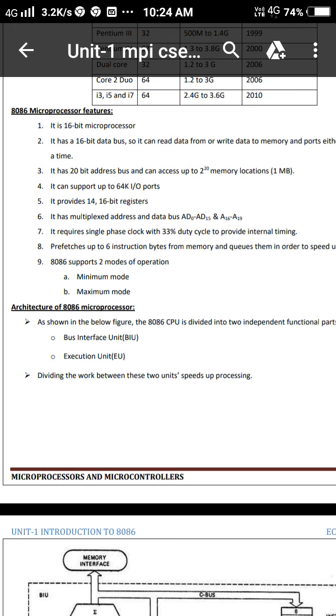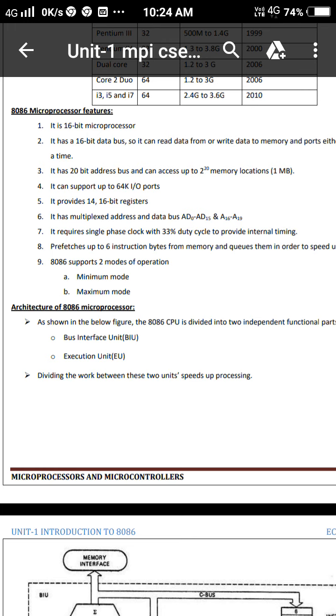It has a 20 bits address bus, so the addressable memory is 2 raised to 20, which is equal to 1024 KB, that is 1 MB. It can support up to 64 IO ports. It has 16 bits registers, general purpose registers, segment registers. It supports memory segmentation. Its features are very much similar to 8088 microprocessor. The difference between the two is that 8088 is the 8-bit microprocessor, whereas 8086 is 16-bit microprocessor. This is the basic difference.